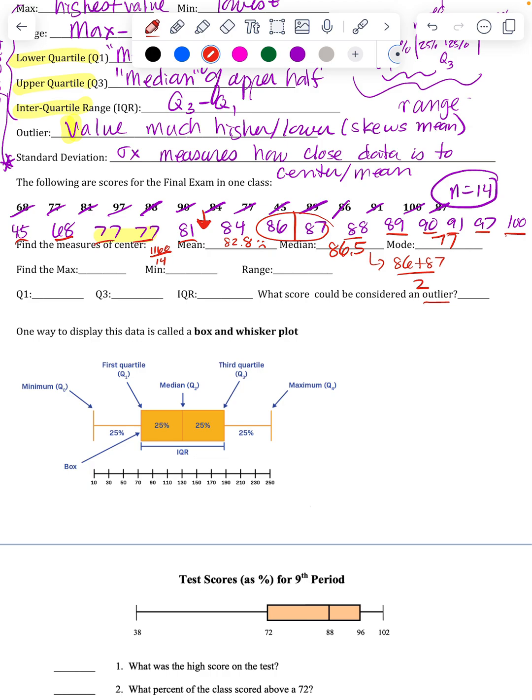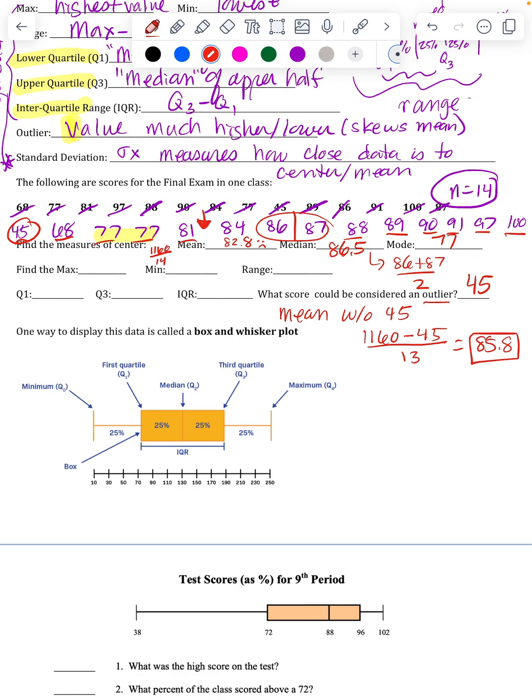Which number do we think is an outlier? If you're looking at these scores, they're all pretty close together except for this one down here. So that's probably throwing off our mean like we talked about. So what is the mean without it? Let's do the mean without the outlier. Instead of 1160, I'll take out that 45 from my total. And instead of having 14 numbers, I'm going to have 13 numbers. So my new mean when I calculate that is 85.8,